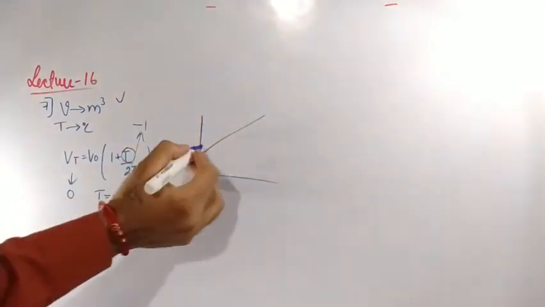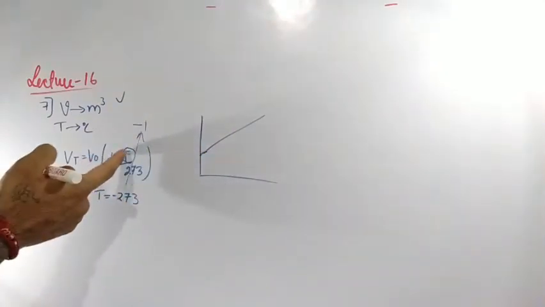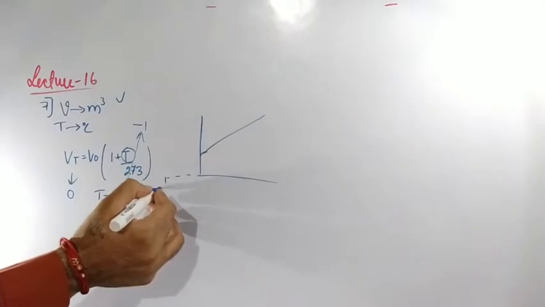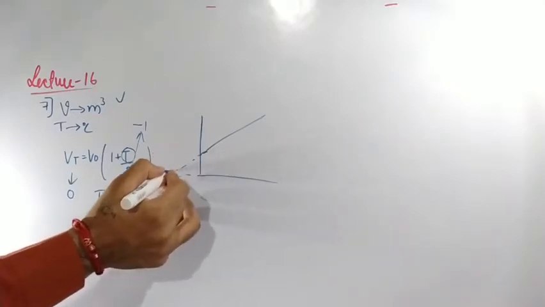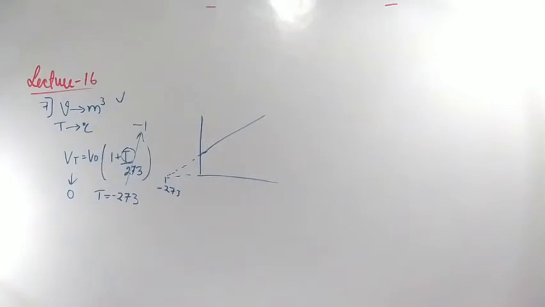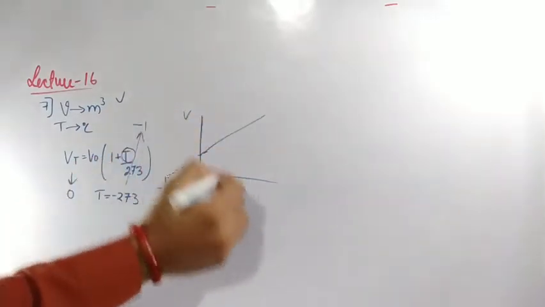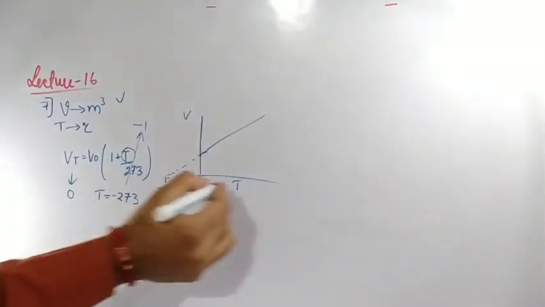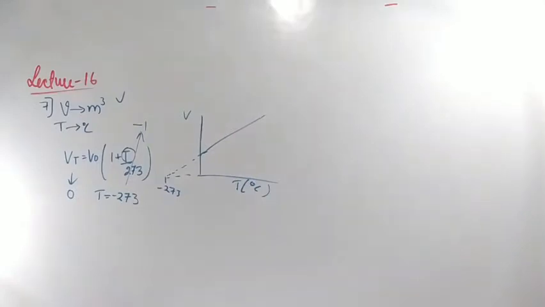At this minimum temperature, somewhere at minus 273, the Vt value turns out to be 0. Clear? So the first diagram which I had drawn will be the correct option for this, V versus T with T in degree Celsius. Whenever they give volume in meter cube and temperature in degree Celsius, read the question carefully, read it completely, and only then will you get some idea.